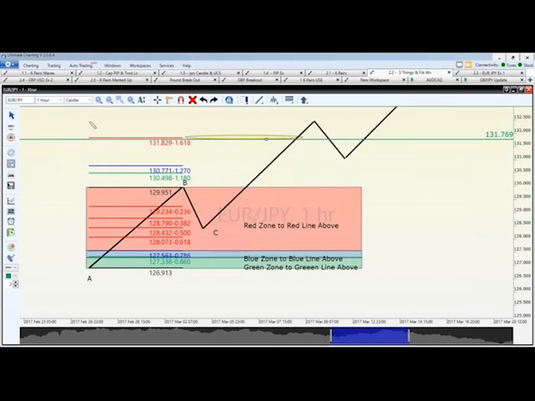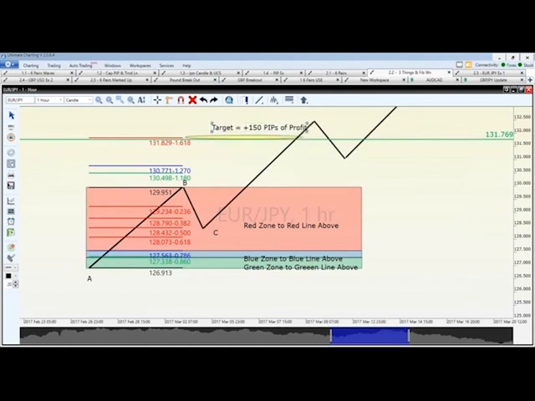So that's going to be our target, okay? Now, let's just say for illustration purposes, this is our target, and let's just say that this is 150 pips away. If you are trading a standard lot, we're talking about $1,500 of profit, but I'm not going to talk about that yet. We're talking about 150 pips of profit, okay?